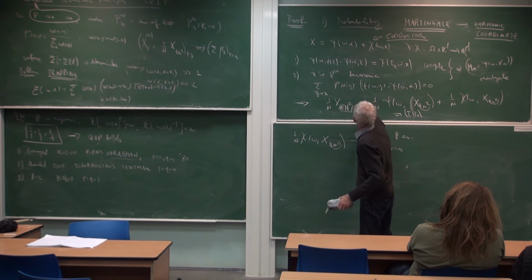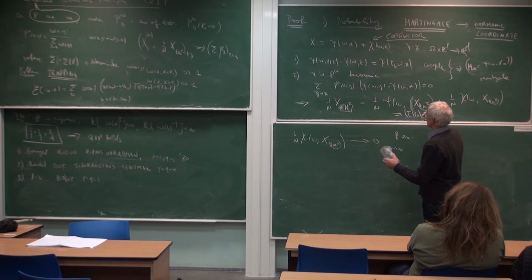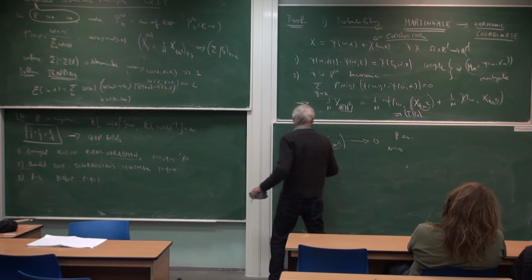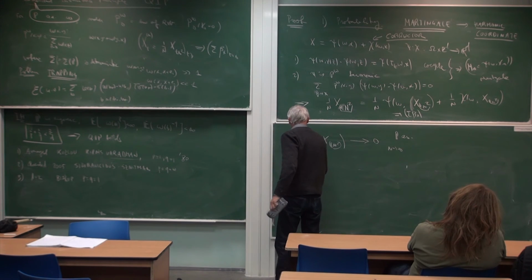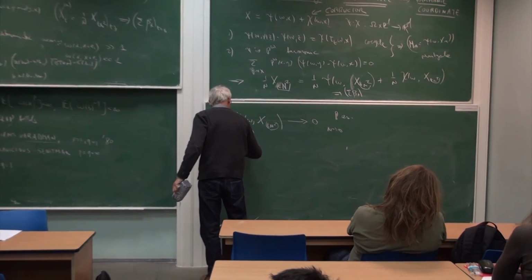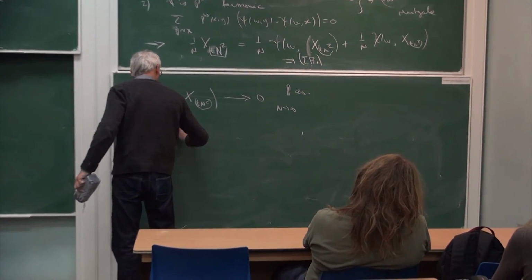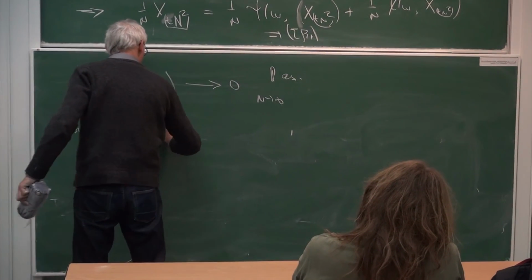In fact, because of the martingale, you know the martingale just behaves diffusively. So this is enough in order to prove this. It's enough to prove what is called the sublinearity of the corrector,